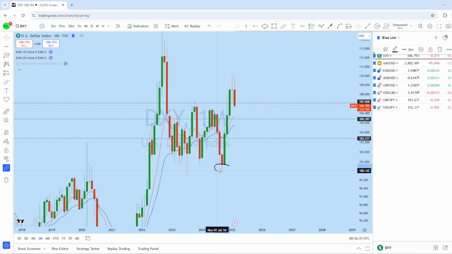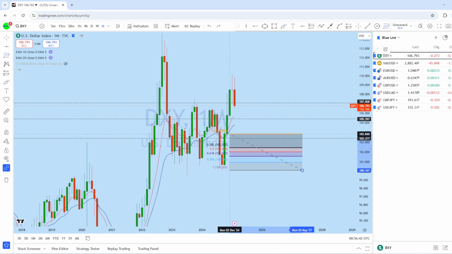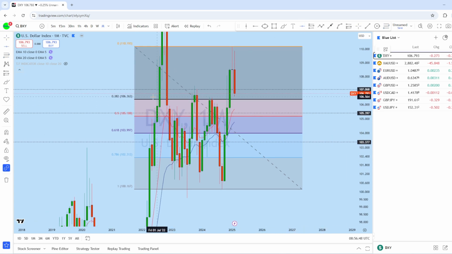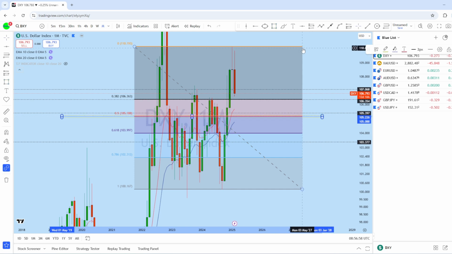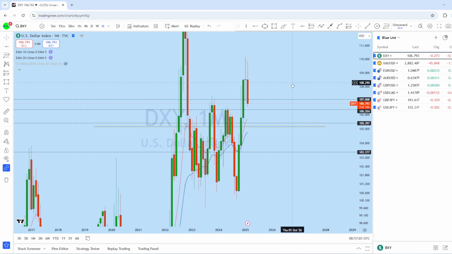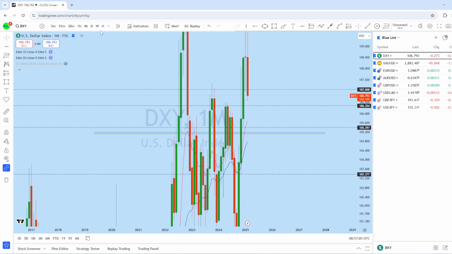As we have seen a strong impulse, now we can expect a pullback, starting from this Fibonacci perspective, from low to the high. We can see the market currently approaching this 38.2% Fibonacci level, and I think it might even reach that 50% Fibonacci pullback. From a Fibonacci perspective, we can expect DXY to drop further down to the support level.